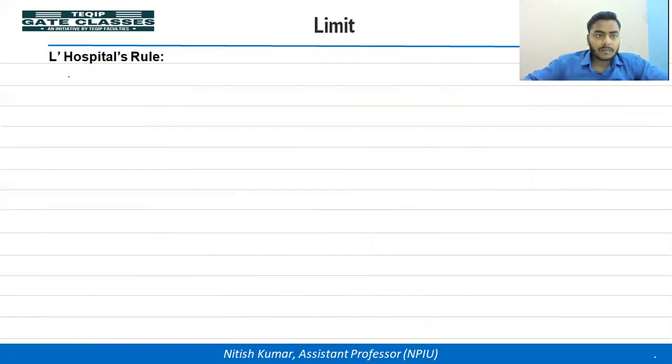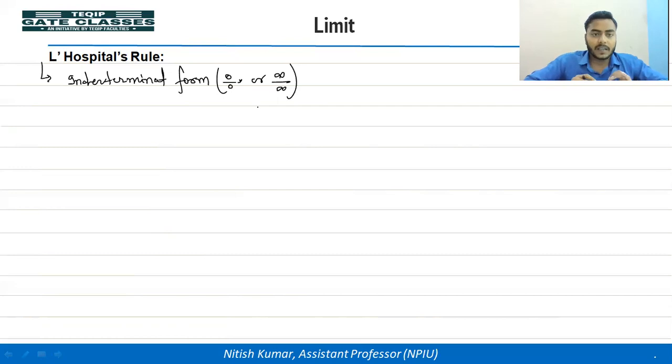So L'Hopital rule that we can apply for the indeterminate form. So this can be applied for indeterminate form, not every form, only 0 by 0 or infinity by infinity. अगर फॉर्म आपका 0 by 0 में है ना, हमने फॉर्म देखना सीख लिया है, राइट? तो अगर फॉर्म आपको 0 by 0 फॉर्म में है और infinity by infinity फॉर्म में है, so you can apply the L'Hopital rule. So what is the L'Hopital rule?